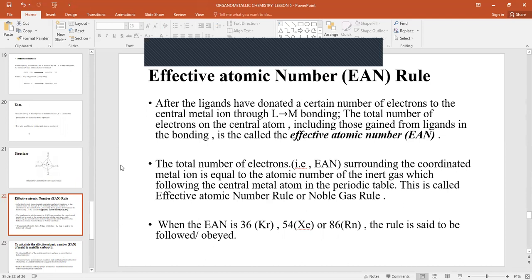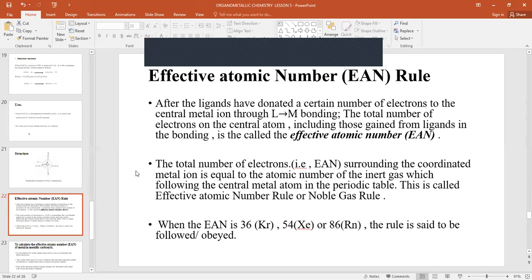An explanation is as follows. After the ligands have donated a certain number of electrons to the central metal ion through metal ligand bonding, the total number of electrons on the central metal atom, including those gained from the ligand in the bonding, is called